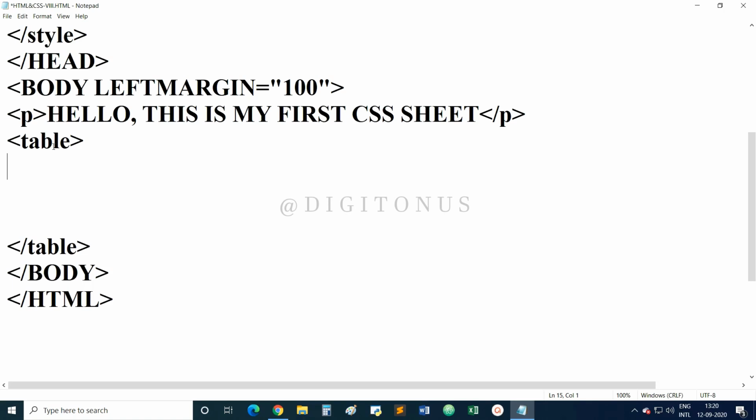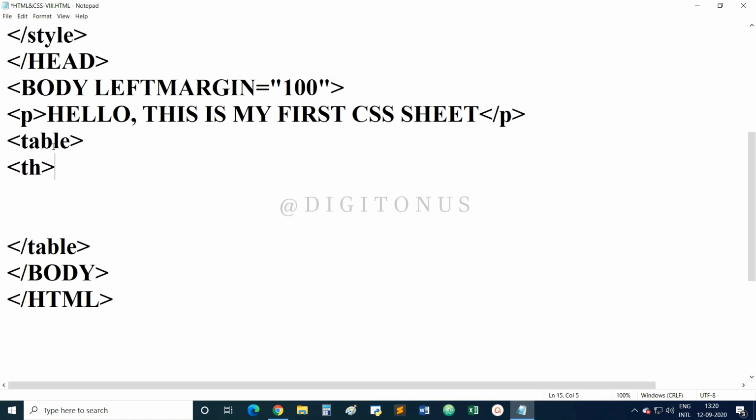So first we are making a row, that is TH. This is our first row. Whenever we create a table, in the very first row, in different columns, we give a heading, that is the headings of the columns. So this TH tag stands for table heading.